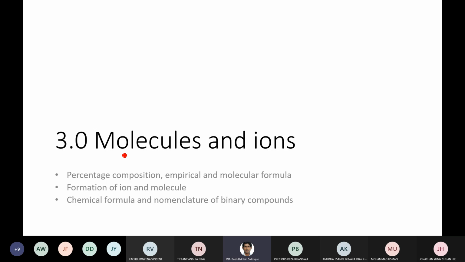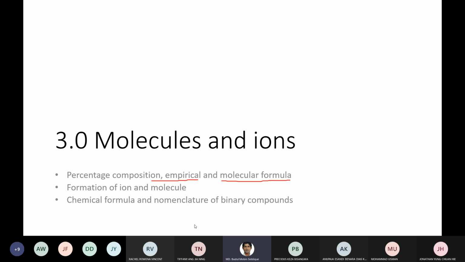Molecules and ions. The percent composition. We will learn from here the percent composition, empirical and molecular formula, formation of ion and molecule, and chemical formula and nomenclature of binary compound. All these things we will learn in a few slides. And for this percent composition, empirical formula and molecular formula, when there is an empirical formula and molecular formula, these two